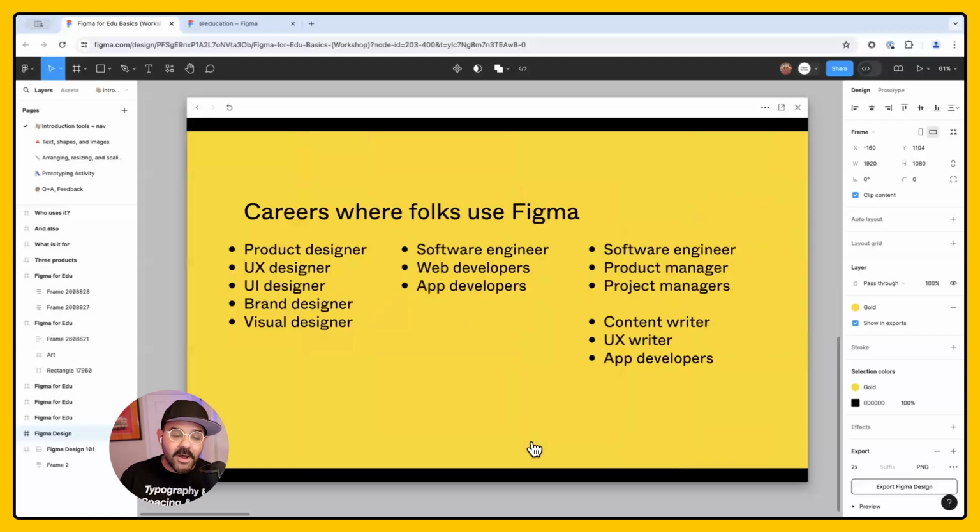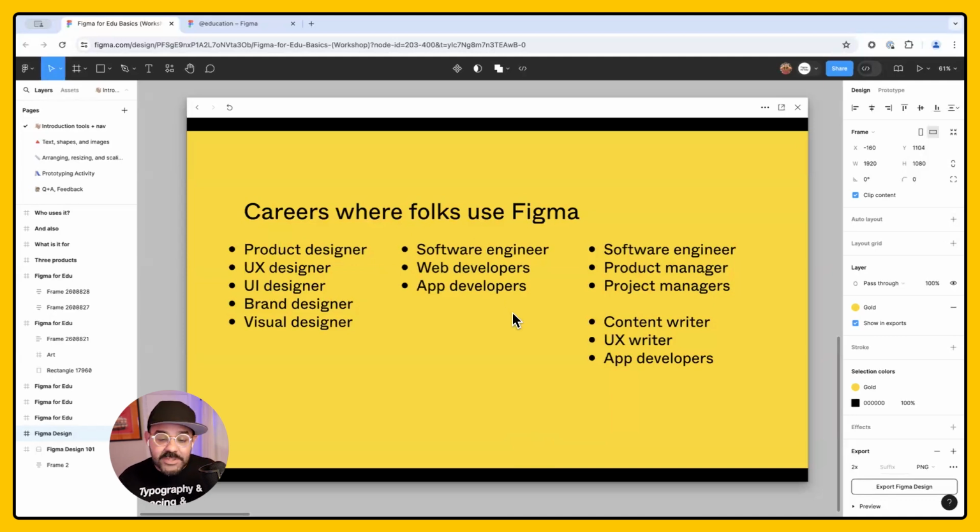And if you're thinking what sort of careers where folks use Figma, we're thinking product designers, right? So digital product designers, folks who are making apps such as Spotify or Airbnb or Netflix. These are all products that have teams that can use Figma to work on their ideas, to test their new features, to develop that further, and to have kind of like a library of their visual assets. UX designer, UI designer, brand designer, visual designer. Many of you coming to this workshop today believe that designer was just one hat. There are many hats, many different roles that a designer can assume within a company that helps them design the experience of a product or an app, or even market that app.